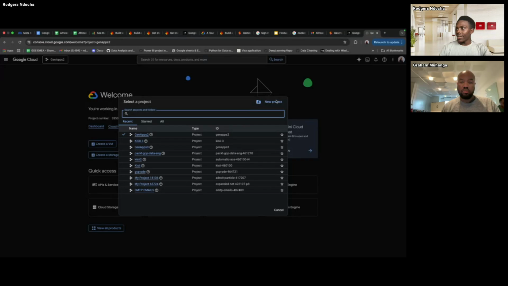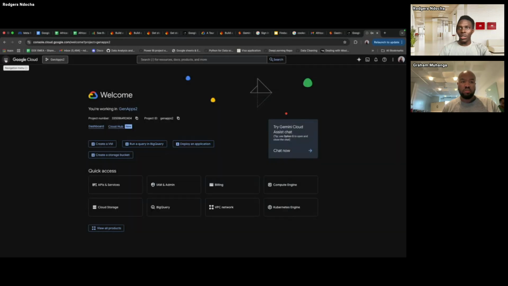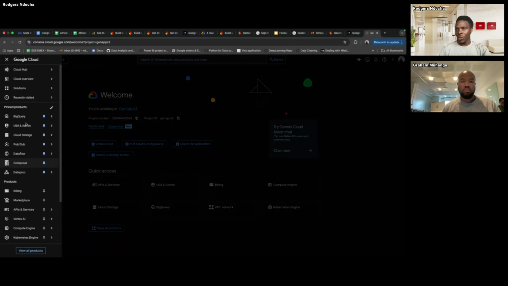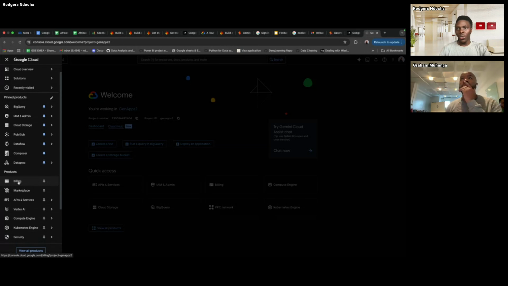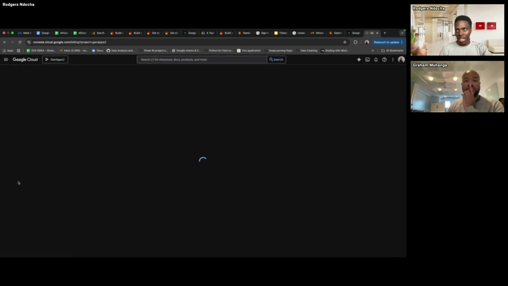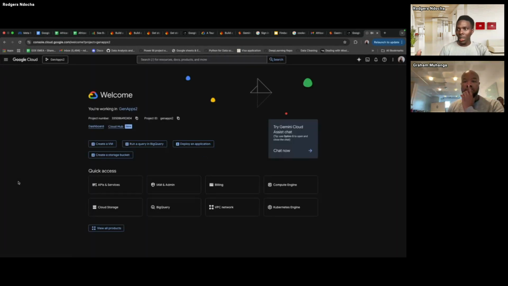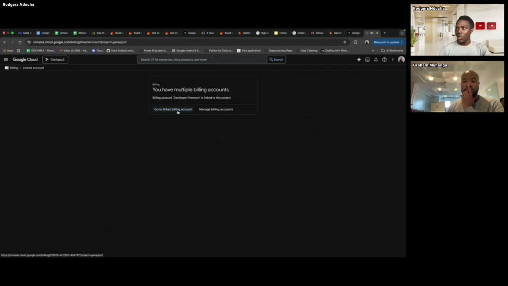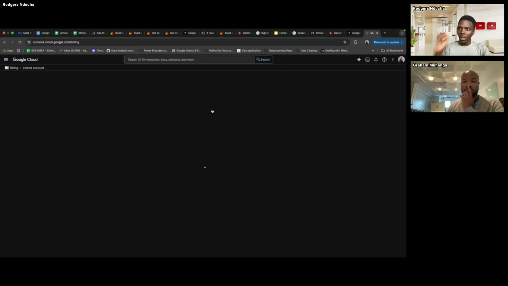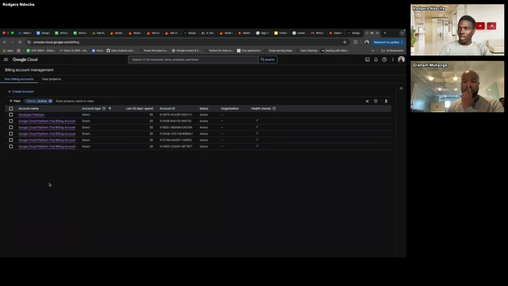So if you want to see if your project is connected, you can go to billing. This is where you will see which projects are connected to what billing account. You can go to manage billing accounts. There you will see the different billing accounts that I have, and my projects are here.